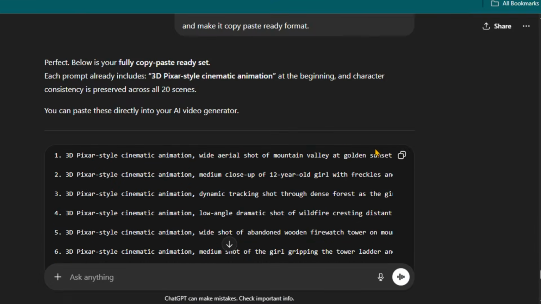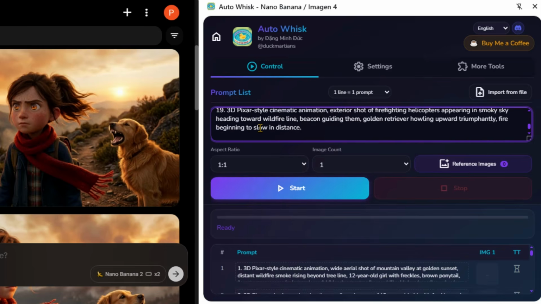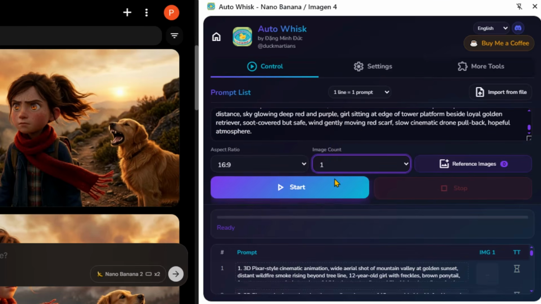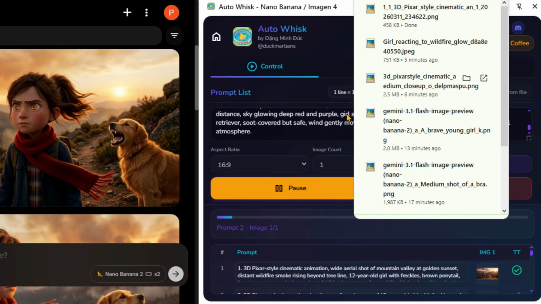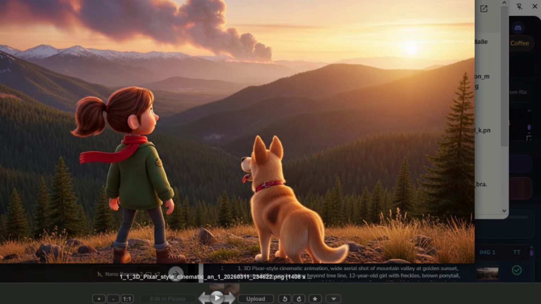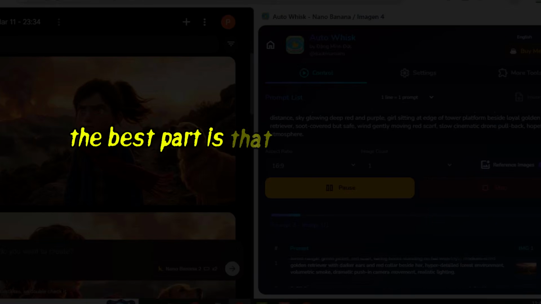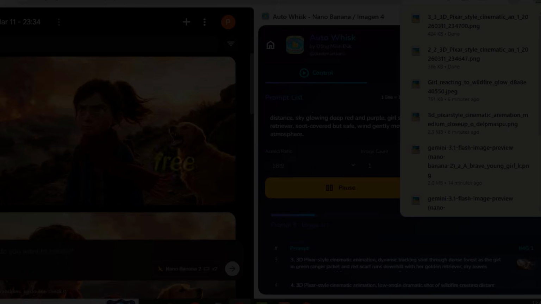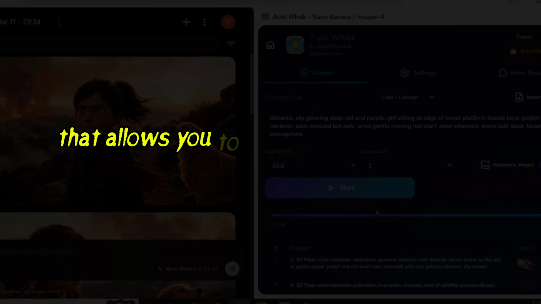At the end of this video, I will show you how to generate consistent story images in bulk. Instead of typing prompts again and again, you can paste them once, and the system will automatically generate all the images and save them directly to your computer. The best part is that this process works with a simple, free Chrome extension that allows you to generate and